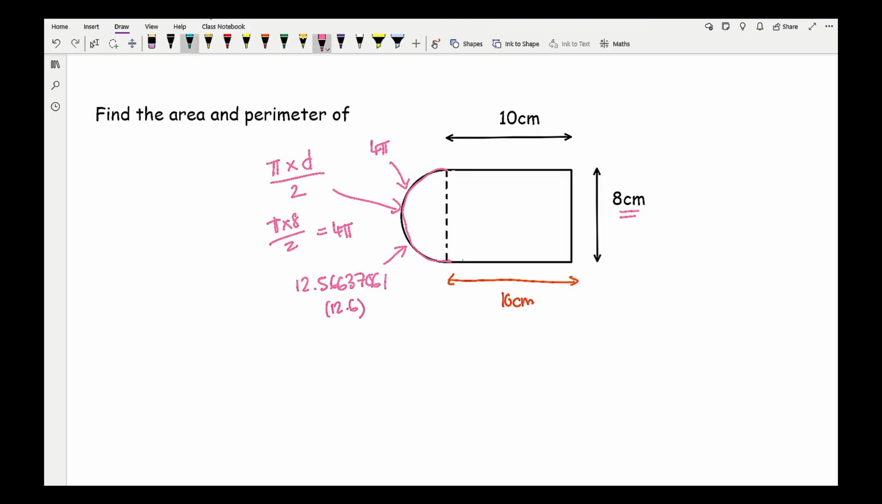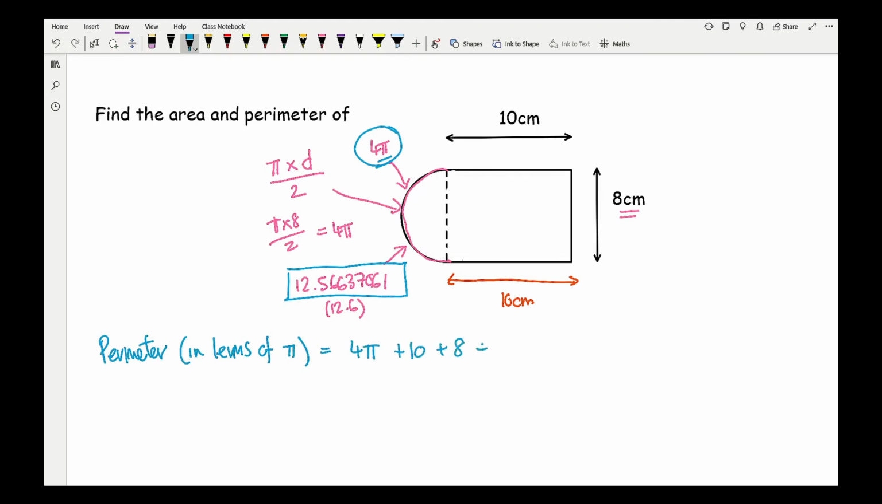So in terms of perimeter of this shape, now if a question asks me to leave it in terms of pi, then instead of using 12.56637061, instead I'm going to use 4 pi. So the perimeter, and I'm going to write in terms of pi, is going to be 4 pi plus 10 plus 8 plus 10, which I can simplify all of this, which gives me 4 pi plus 28, and that's going to be